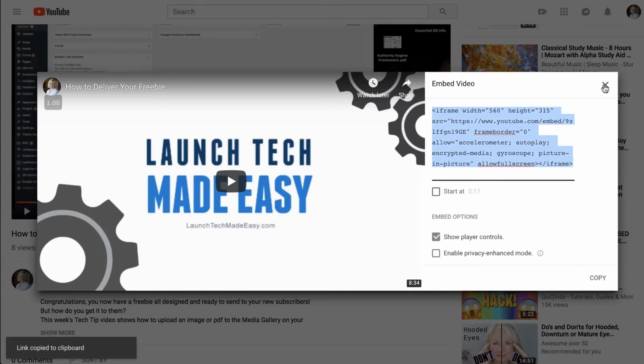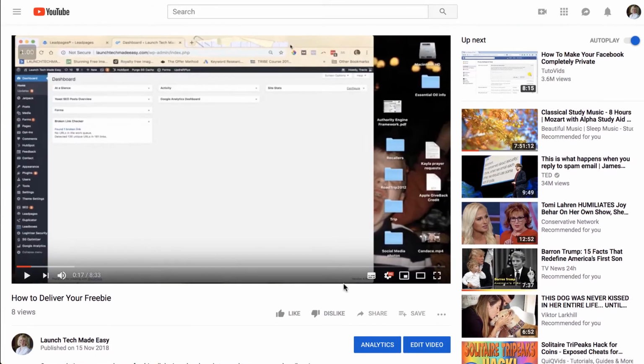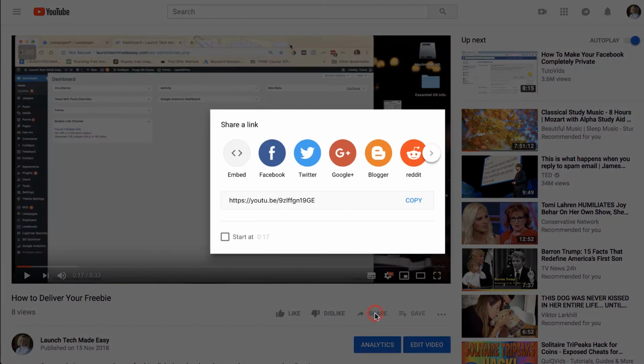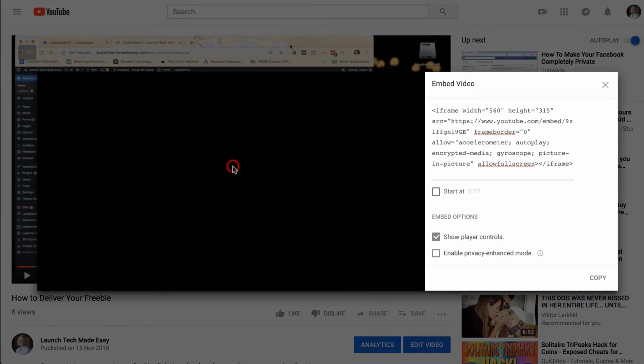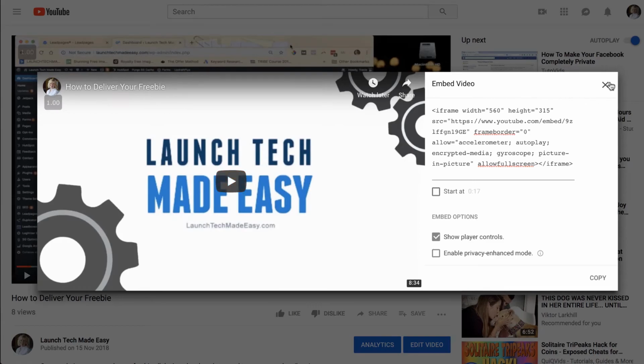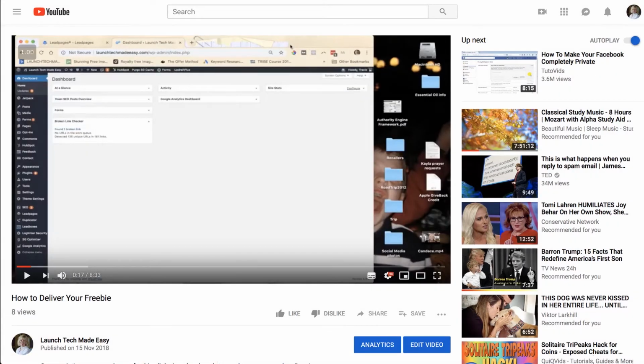That's how you get to the setting in YouTube. So it was share, embed. You don't want to just put this link. So you don't want to take this link and put it on your site, because then they'll be going from your site onto YouTube. Okay, this way you'll see it's going to look like the video is actually right on